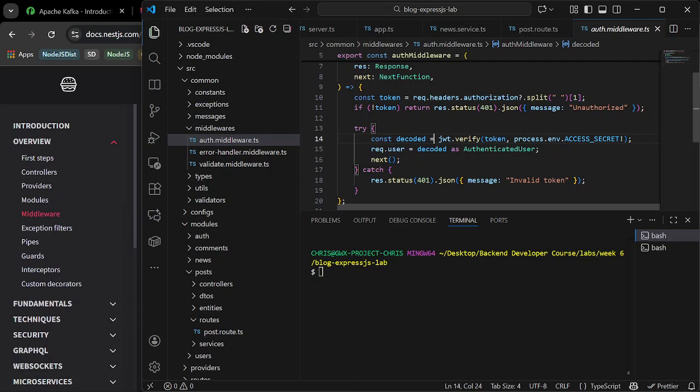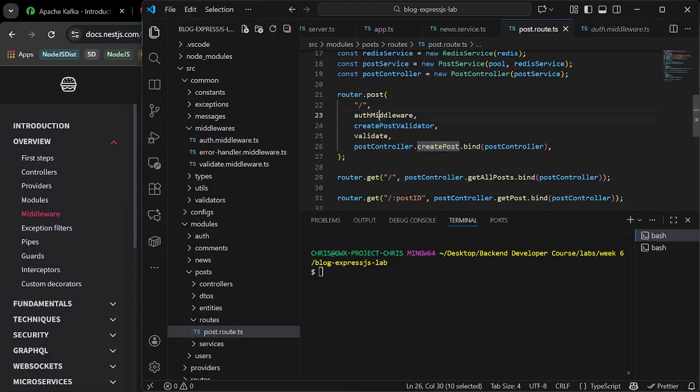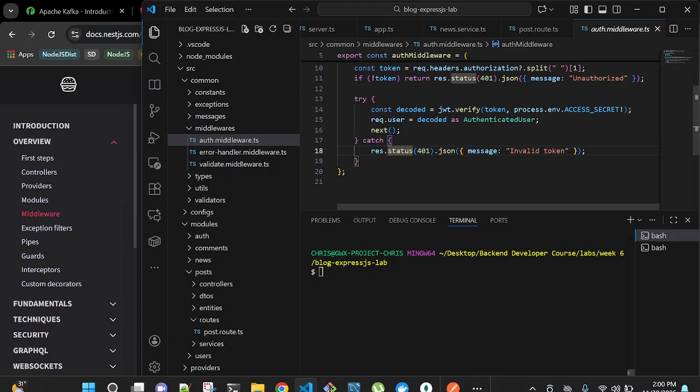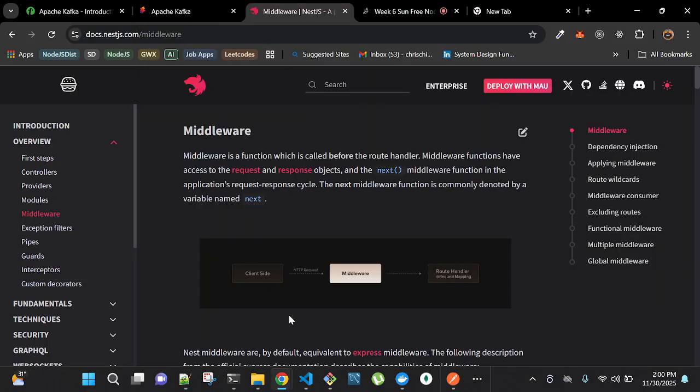What will happen is that the execution will move from here to the next item, which is this create post validator. So next moves the flow from auth middleware to create post validator. It's very intuitive. But if there's an issue, we just send back a response. So that's a middleware definition basically.